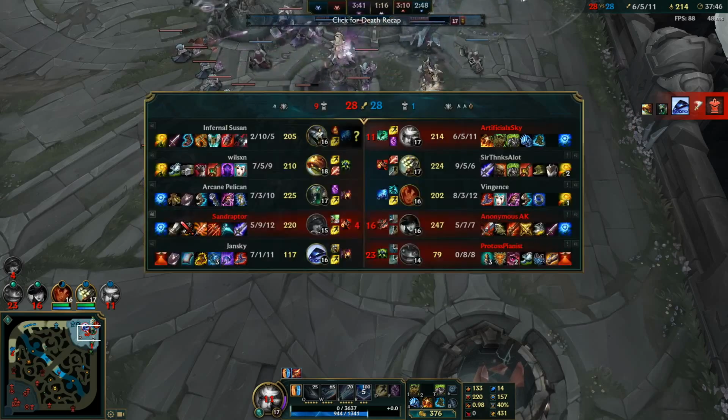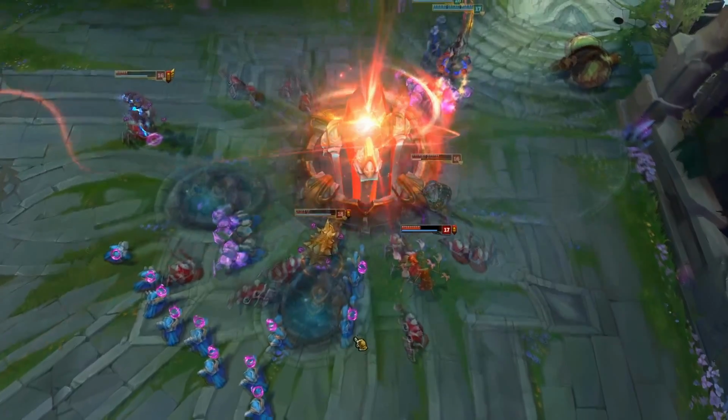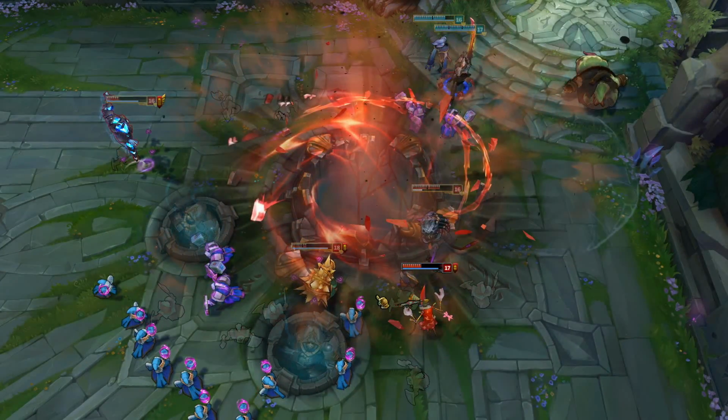It's still mostly magic damage against this team. Man, MR itemization is not that great. You have Spirit Visage, and then you have two specialized MR items that don't really give that great of magic resist. Defense against